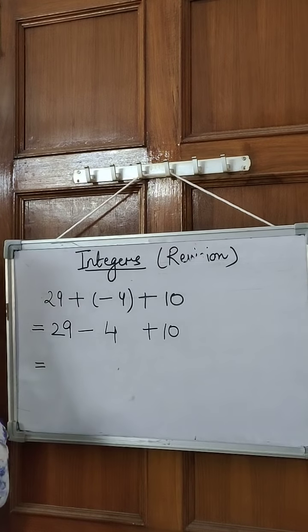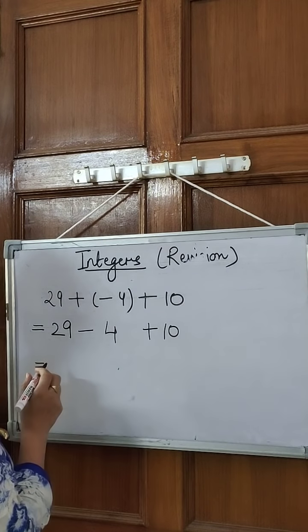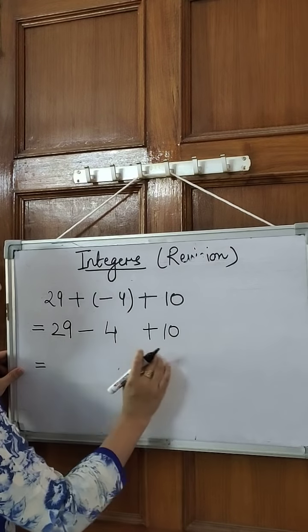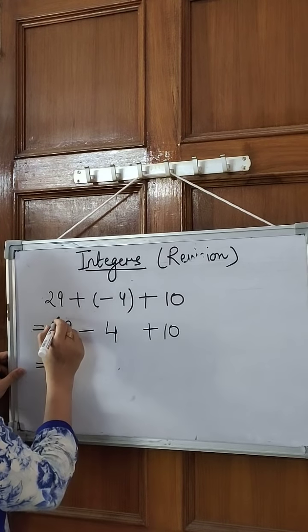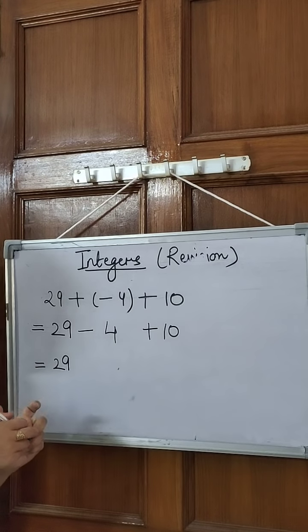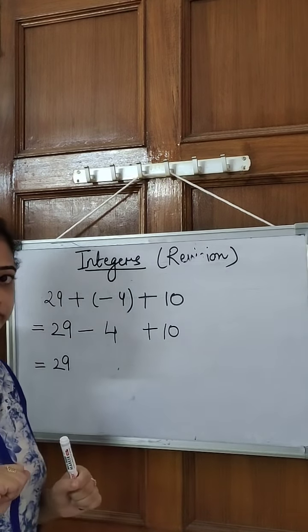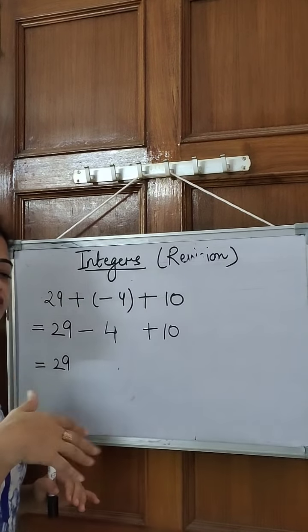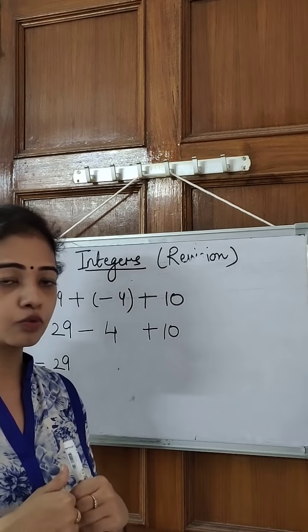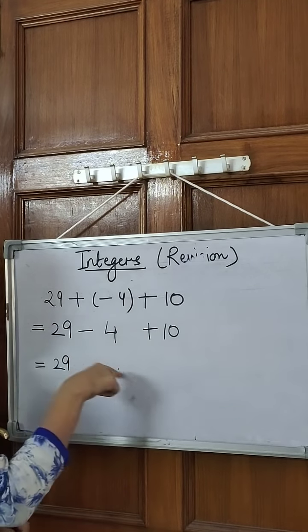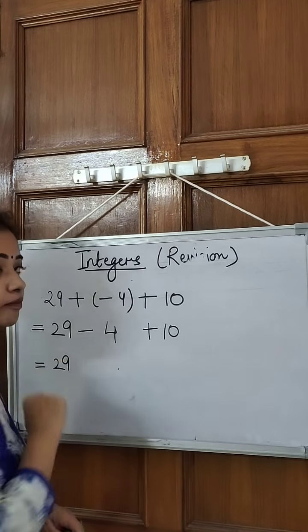So what I am going to do, I am going to arrange. So how I am going to arrange, I will write all my positive numbers together and then I will write the negative numbers. So 29 is positive, I am writing it first. Okay, I am changing the place as we do in the classroom, that we don't let anyone sit on one place. We keep changing the place of the students. So what I am doing, I am taking all my positive numbers one side and negative number one side.